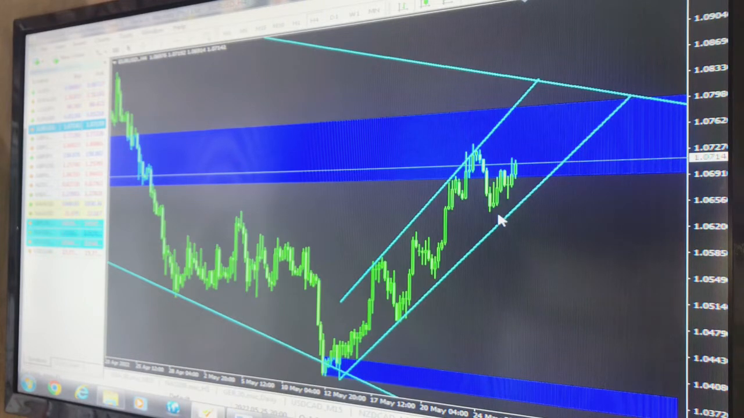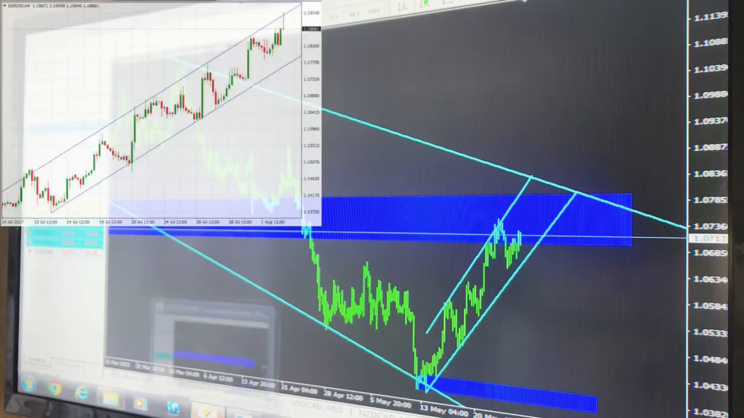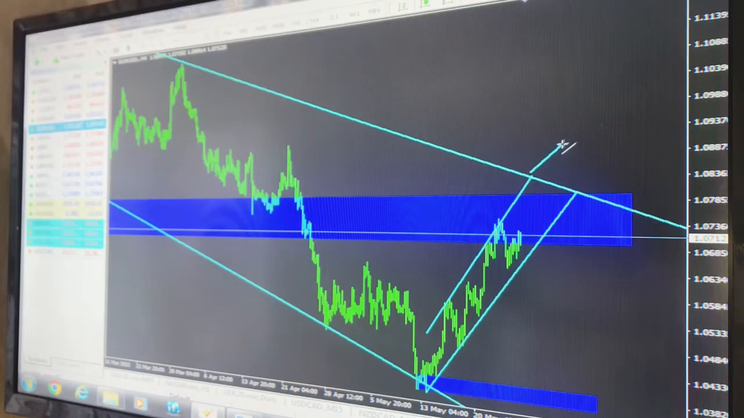Now it made a lower low, and now I think it's going for a higher high. If it breaks above this, let's actually zoom out. If it breaks above this resistance and comes back to retest here, it's going up. Let's see if it does this, guys, because you also need to apply some patience here. If it does this,